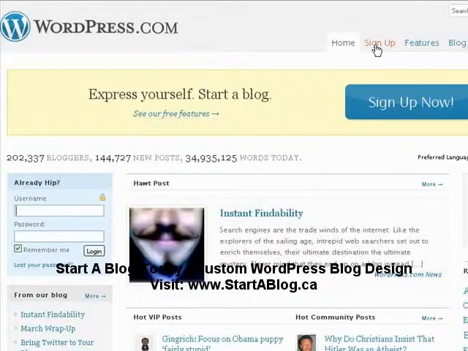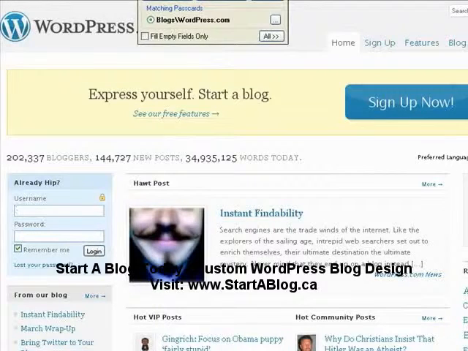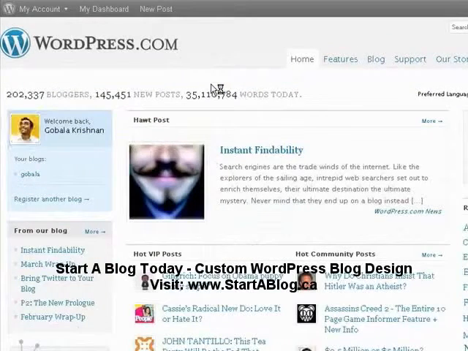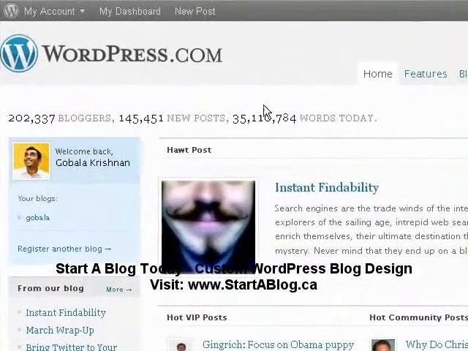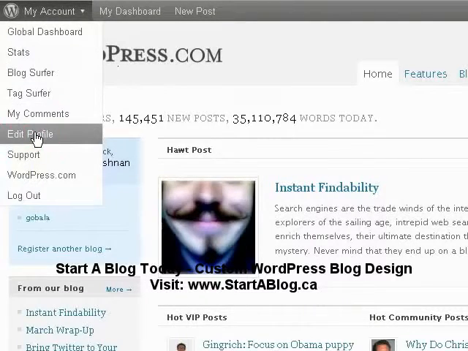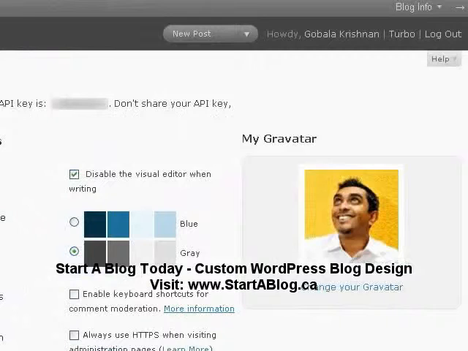Since I already have a WordPress.com account, I'm going to log into my account now, and I'm going to show you how to change your gravatar profile picture. Once you've logged into your WordPress.com account, simply go to My Account and click on Edit Profile. And in the main profile page itself, you'll be able to see your current gravatar. If you find that this section is blank, then you need to upload an image to create your gravatar. So I'm going to show you how to do this. Just click on Change Your Gravatar,